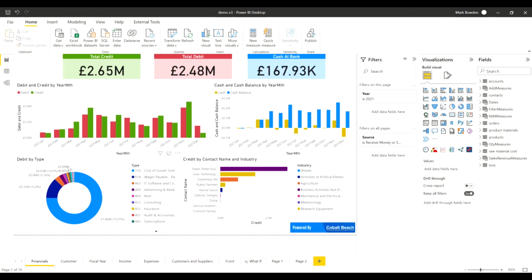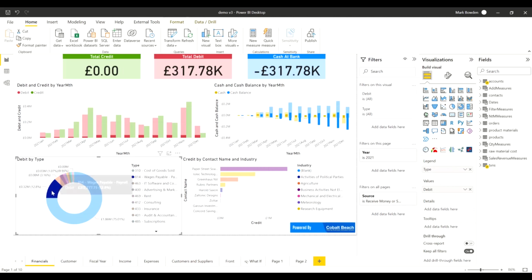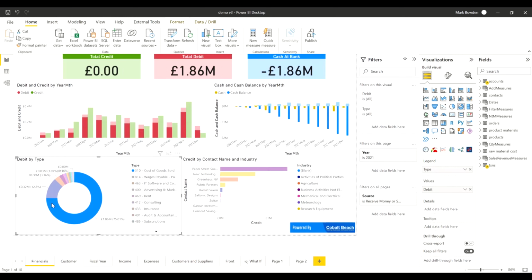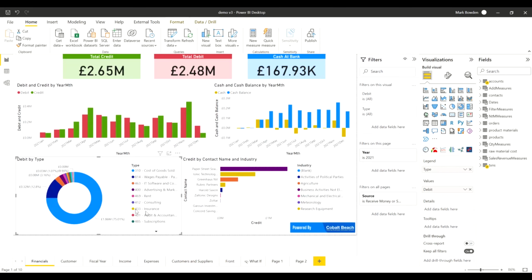You might want to, for example, be able to see how wages are looking over the year. Again, you can just click. You can see here the component of the total debit that makes up wages has remained fairly constant. You can also see that the cost of raw materials, unsurprisingly, has broadly kept in track with the value of sales. So that's one page of the dashboard, but these dashboards can have multiple pages,